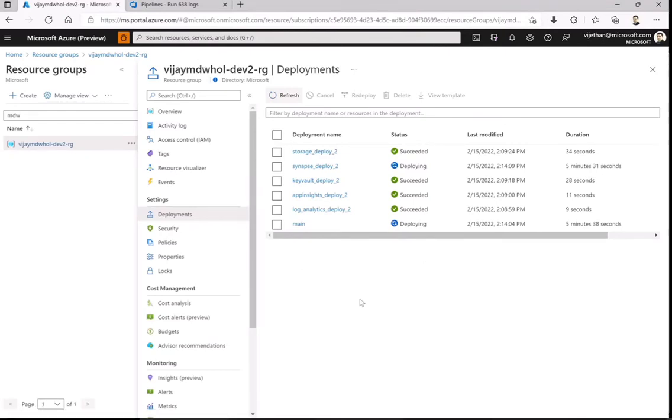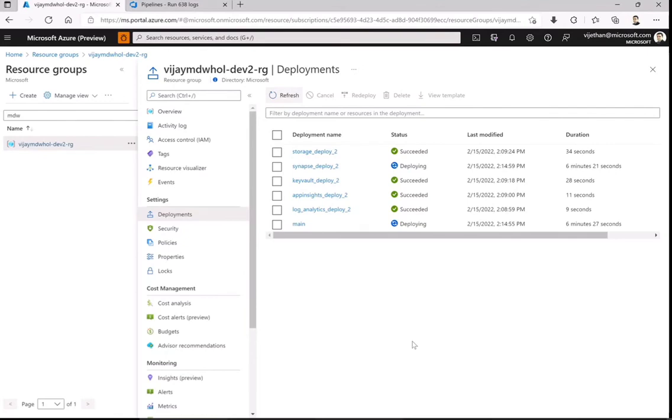Also, in any case, if you cannot make yourself owner, just contributor, then you have to make sure that whoever is the admin gives you permission on that particular resource group or those particular deployments, so that you can run through it with ease. If you are in an organization which does not provide you the owner permission because of restrictions at the AD level, make sure you get at least the owner permission on the resource group.